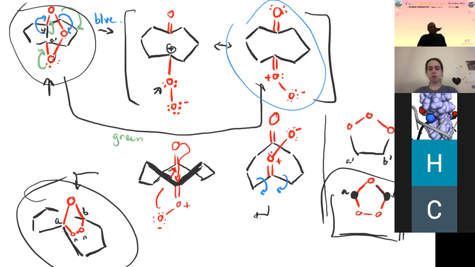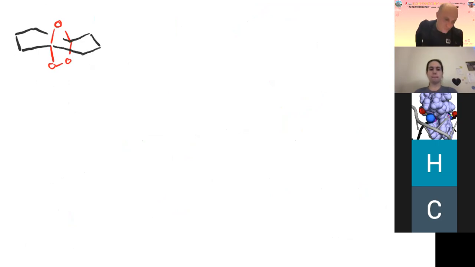And the reason is that the O-O bond is the weakest bond in the system. So let me go to another little bit here. If we have our rearranged ozonide, like that, so if I'm going to attack an oxygen,